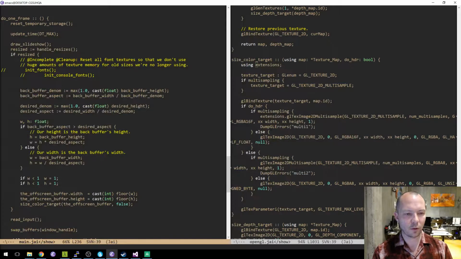Undeclared identifier, desired height. Right.